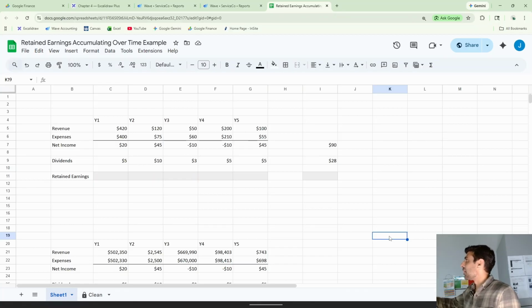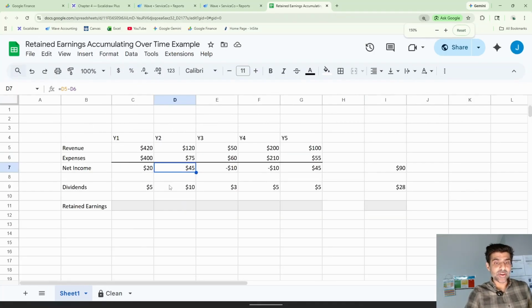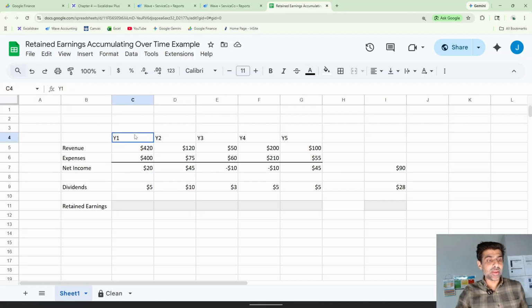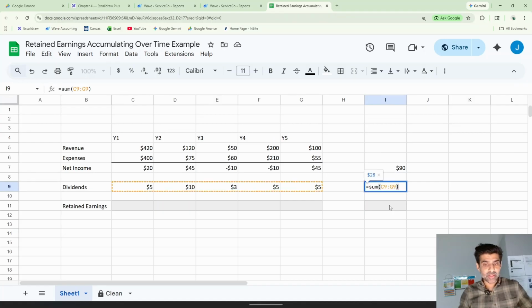I don't know if I showed this before, but if it's a repeat, maybe now it'll make a little more sense. I have on this spreadsheet just 5 years of hypothetical income statement information for this company. I also have the dividends. Now, if I took, since the beginning of time, and assuming this is the whole history of the company, this is year one when it first started, and the next 5 years, all of the net income, which is your revenues minus your expenses for each year, and all of the dividends,